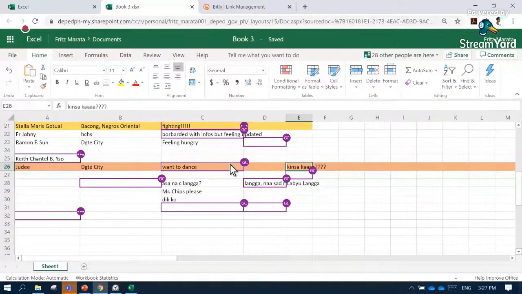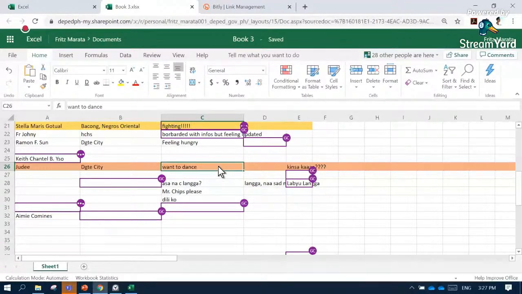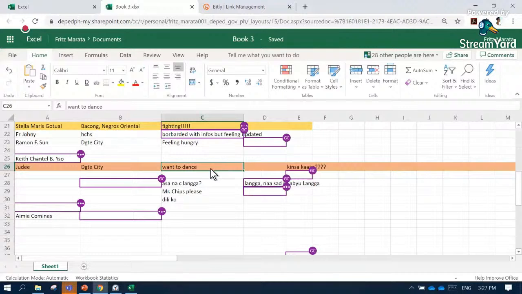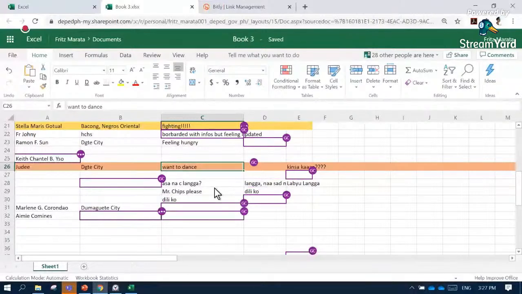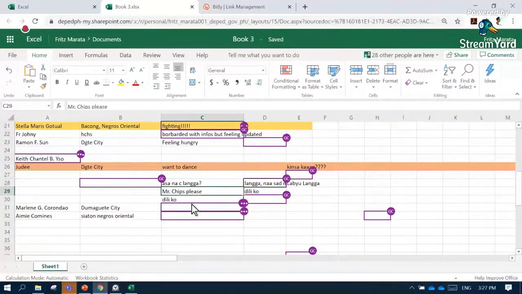Kinsa ka. Yes, so those who are still single there are available. You can contact Ma'am Judy from Dumaguete City who wants to dance. Asa na si Langga? So Langga is still trending. Mr. Chips, please. Dili ko.